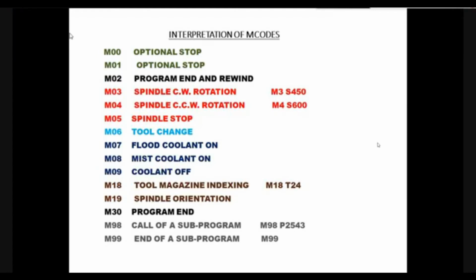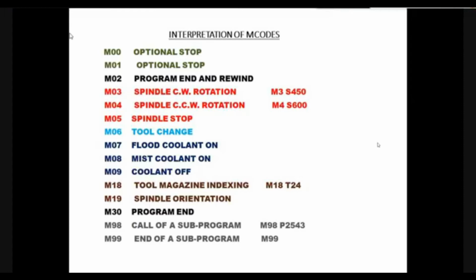Actually, M6 command will activate 22 different actions in the machine movement. So all these sequences will be written, will be edited by the manufacturer, and you don't have to go through all these details. But if at all any problem arises, then you have to analyze step by step and identify the problem where it has come to a stop, and then only you can rectify and bring back the machine to normal conditions. So let us not get into the details of all these 22 sequences now. So next is M7.